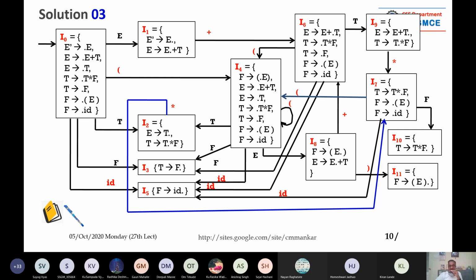So see here, in I0, we know how we computed I0. Please note that in I0, every dot is in front of the RHS. Dot is in front of the RHS of every production rule, that you must understand. Now, see, how many productions are there where a dot is in front of E? There are 2 production rules, the first 2, where a dot is in front of E, right?